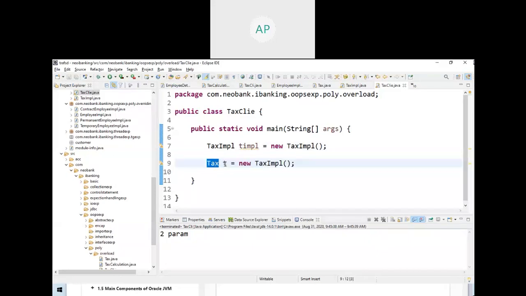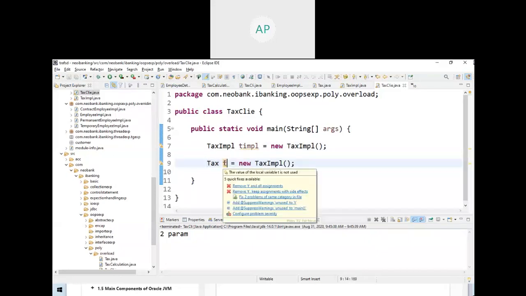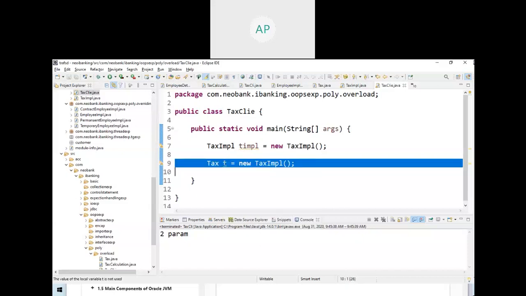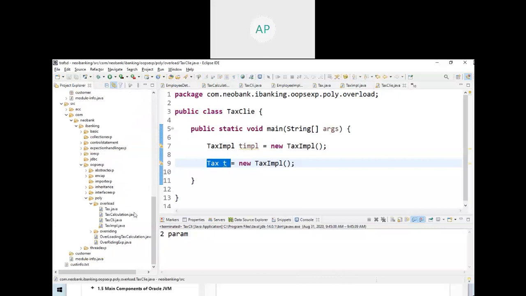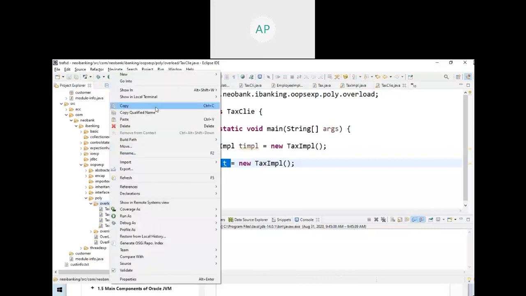For all other classes, always use the interface type for the object reference variable, rather than the class. This variable has an advantage. I will show you the advantage now.